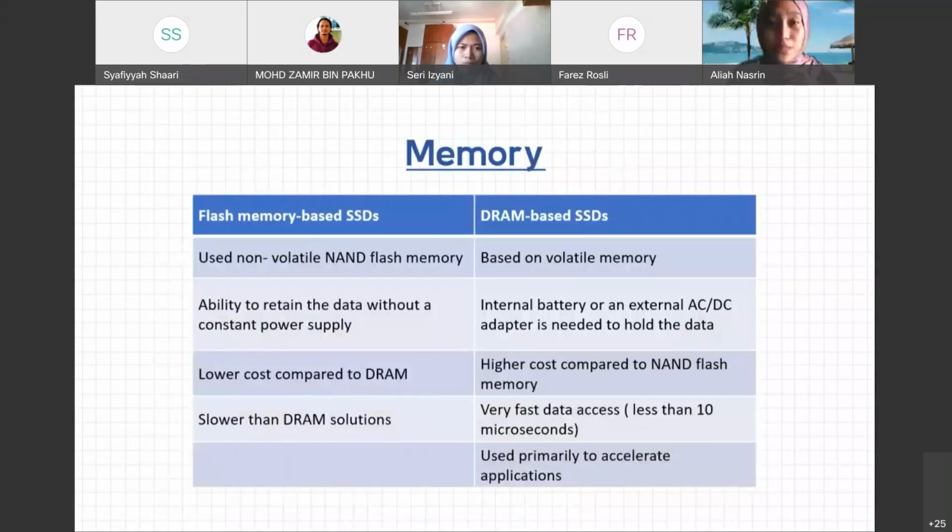So the next part is memory. There are several types of memory, which are flash memory based SSD, DRAM based SSD, and 3D XPoint. But mainly I will focus on flash memory based SSD and DRAM based SSD. Flash memory based SSD is basically used with non-volatile flash memory. It also